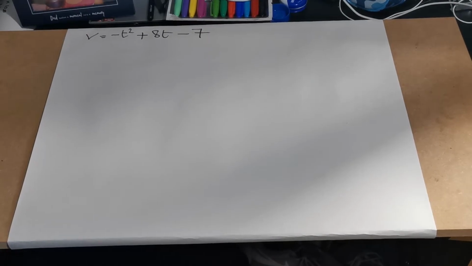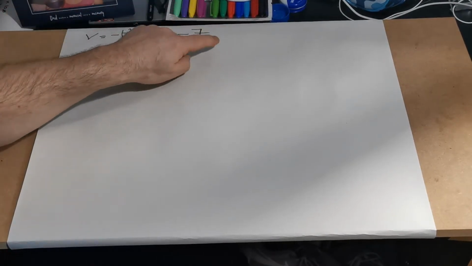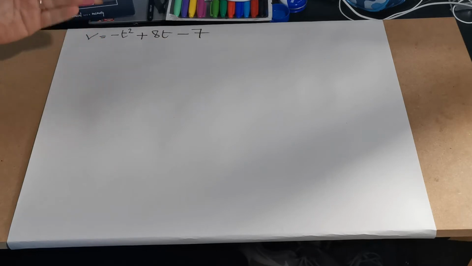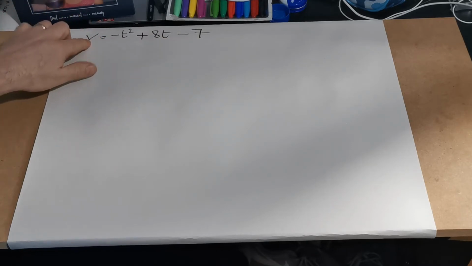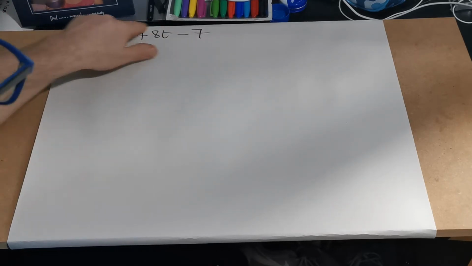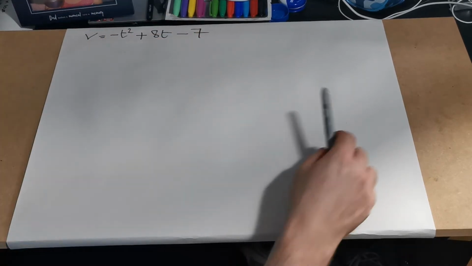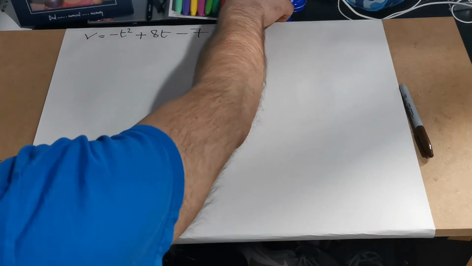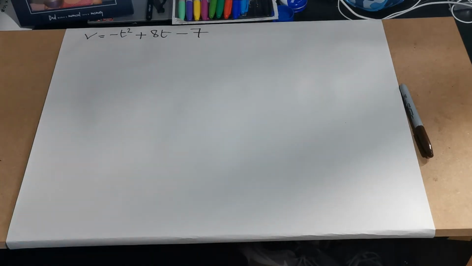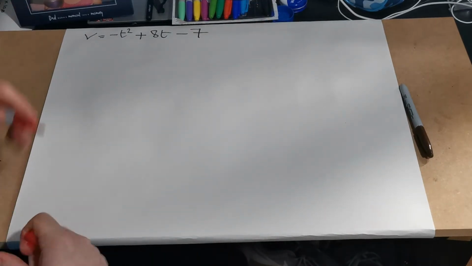Hi guys, today I want to talk about this function, and this is an idea where it's saying the velocity is equal to this function of time, this quadratic expression of time. So as time progresses, the velocity changes for this particular object. Now if I was to draw a velocity time graph,